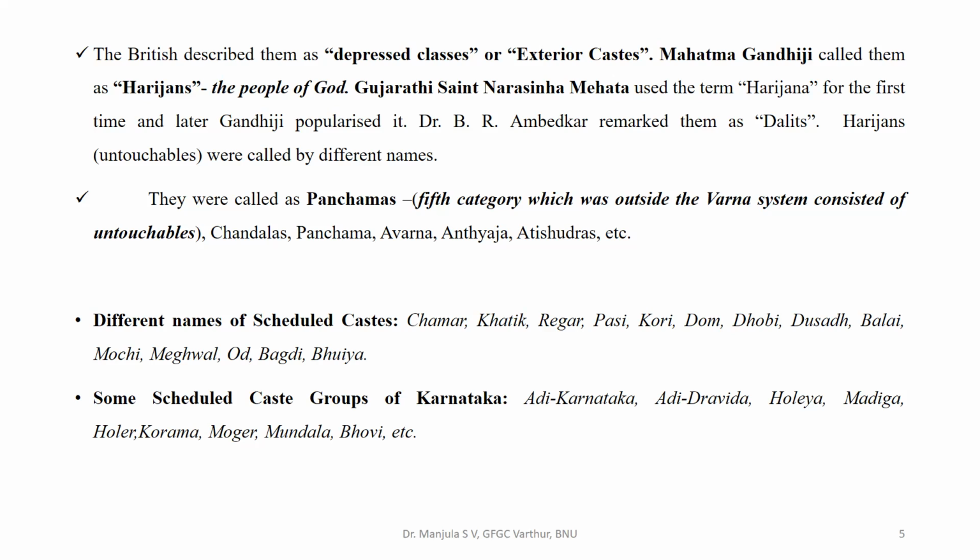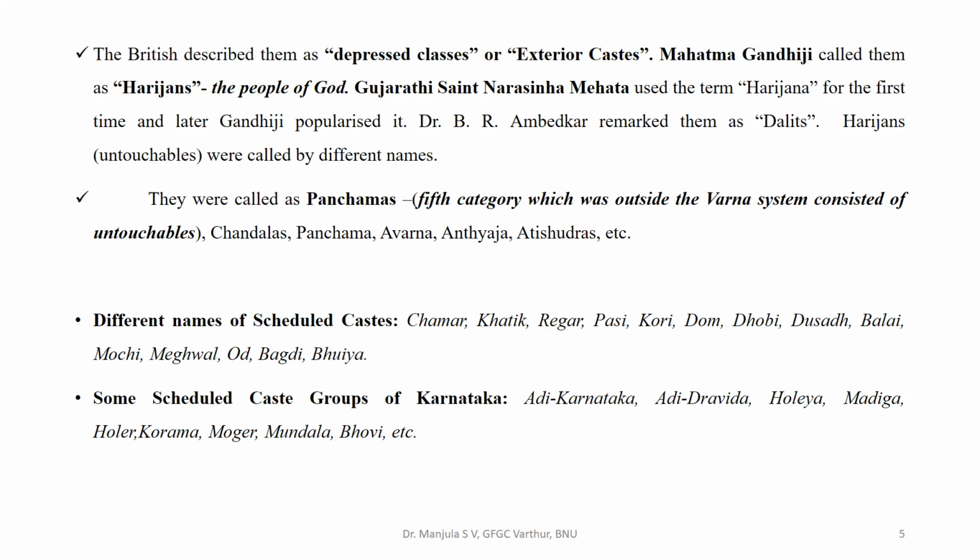Below that we can see the untouchables. They are called by different names: Chandalas, Panchama, Avarna, Antyaja, Atishudra, etc. Here are different names of scheduled castes throughout India: Chamar, Khatik, Regar, Pasi, Kori, Dom, Dhobi, Dusad, Balai, Mochi, Meghwal, Oud, Bagdi,